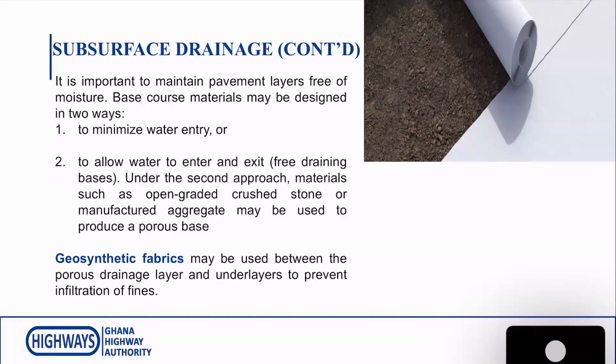So in conclusion, it's important to note that if you have a natural gravel material as a sub-base, and you are building on top using a material like crushed stone base, which allows better drainage than the natural gravel material, it is important to allow the crushed stone base to extend to the shoulder. So you have sub-base to the shoulder, crushed stone base to the shoulder. If not, and you limit the crushed stone base to only the carriageway width, and then you have on the shoulder natural gravel material,